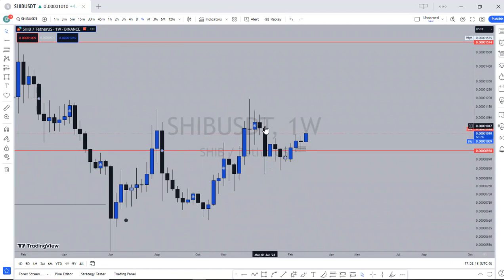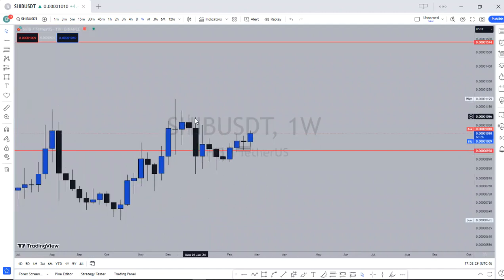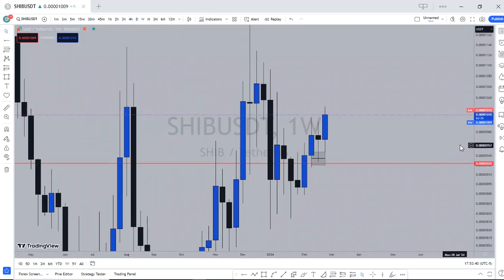So January, this is January right here. This is the first week of January. This is the second week of January. This is the third week of January. This is the fourth week of January. So the first week gave us the high, and also still the first week gave us the low, right? So the month of February opening and refusing to go lower,